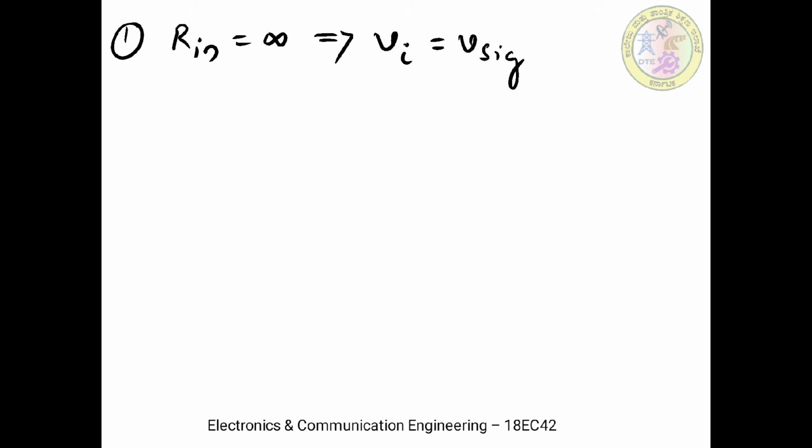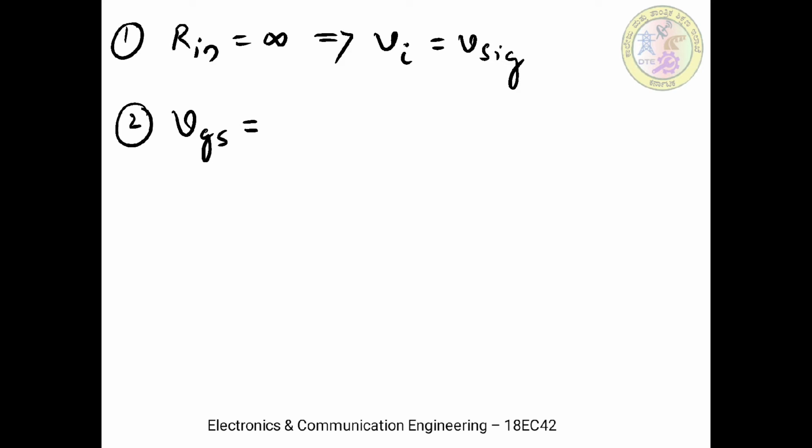And only a fraction of Vi appears between gate and the source as VGS. Now in this particular configuration, a fraction of Vi is going to appear between gate and the source as VGS. So therefore here we are writing for gate to source voltage VGS will be equal to